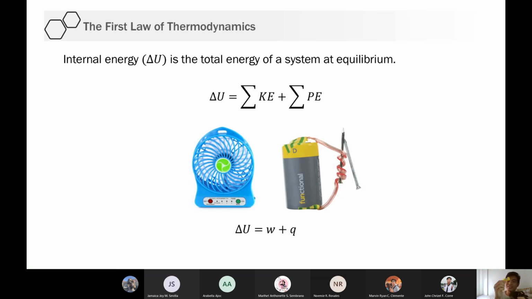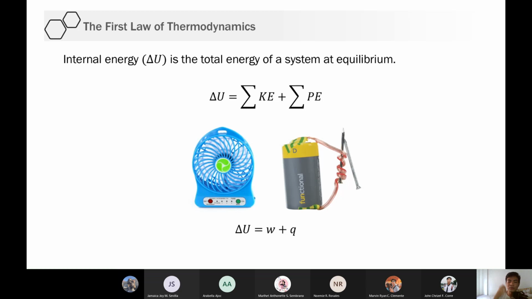Pirata. Anyway, so itong candy na to, it actually provides us energy kasi may sugar to. Yung chemical energy to. Paano mo malalaman energy nito? I-add mo daw kinetic energy and potential energy nito. I-add ko yung mga particles na to. Lahat yan, i-add ko yan. Ilang particles to, di ko alam. So it doesn't make sense to solve for internal energy because there are so many factors that has to be considered. Sa tao, if you want to get my internal energy, kunin mo potential energy ng lahat ng particles ko, mgh yon.